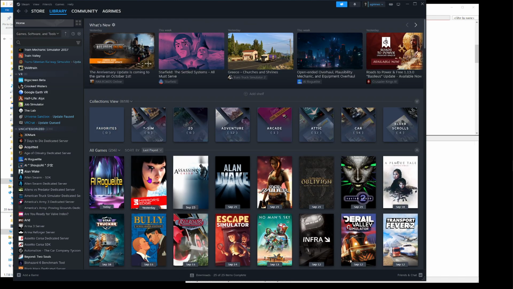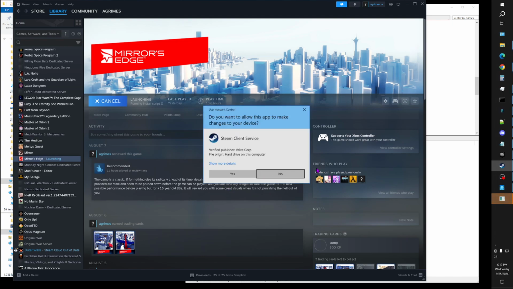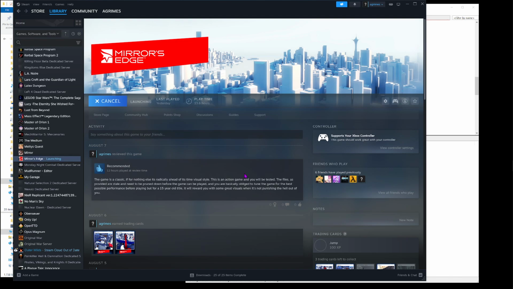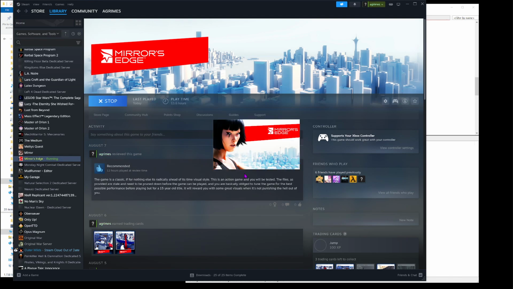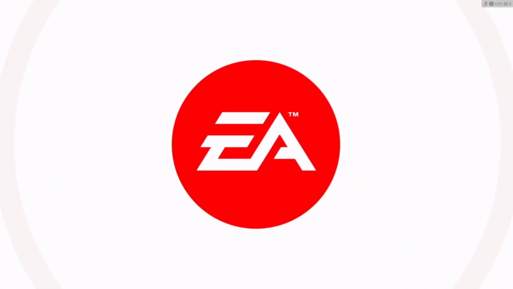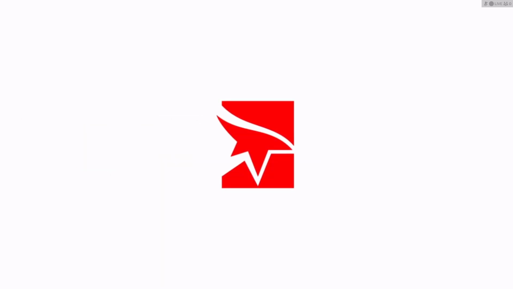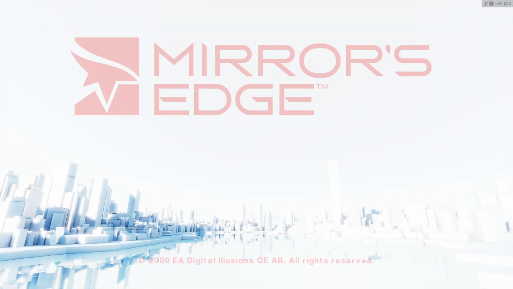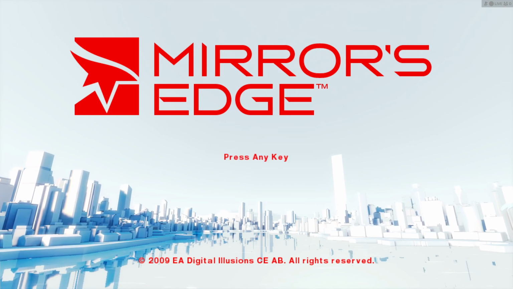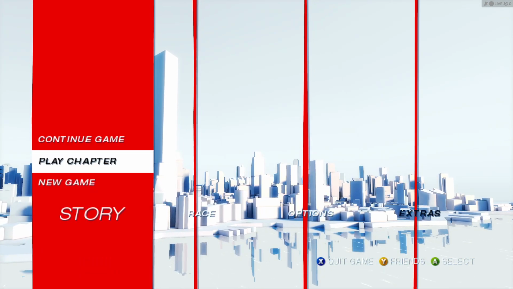Let's go into the game now and take a look. Let's just open a level and stop right there. Then we're going to go out of the game and look at this program called Process Explorer. I found it just by searching Process Explorer. I'll bring up the info screen on that when I get out of the game again. But we're going to get into a level, make sure that the game is running. All right, we're going to get in here, play chapter,